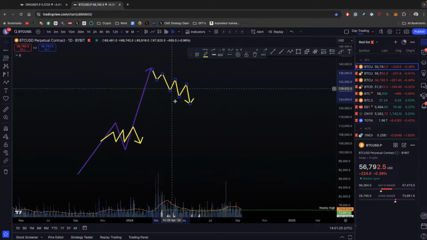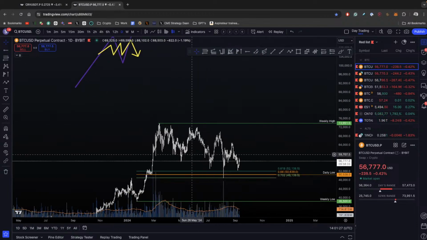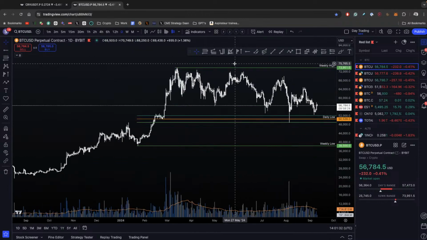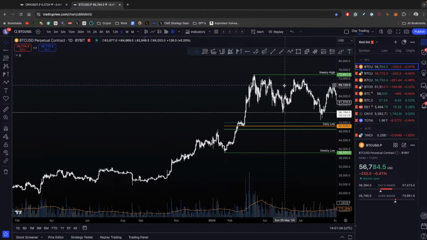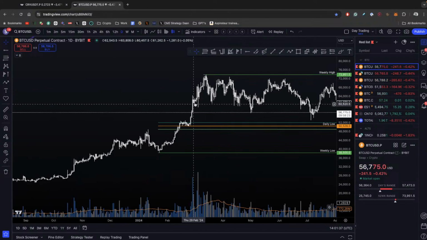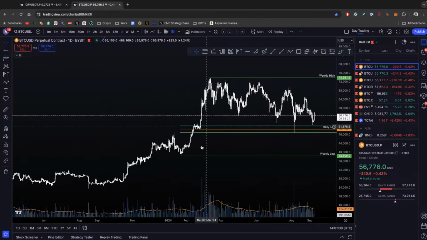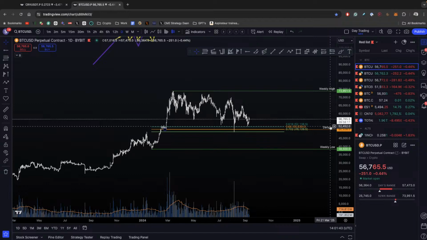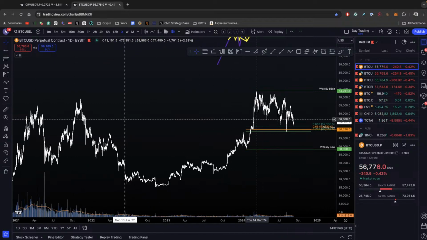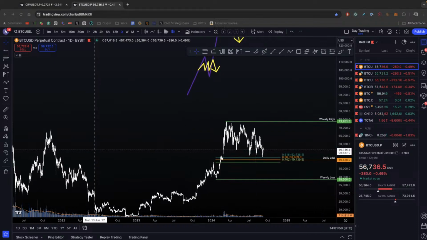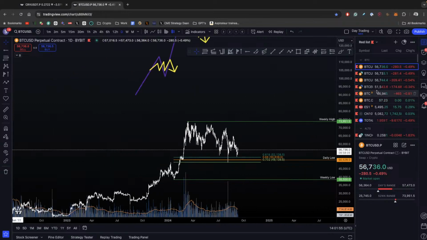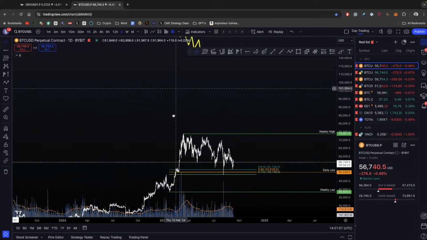So we simply have this internal market structure, and I think a lot of people are making the mistake of saying, oh yeah, we broke market structure to the downside, because we didn't. We broke some local structure, somewhere here if you take it very locally, obviously, but the high time frame is still intact. And with elections coming up, I do think higher is still likely. So my macro view is still up. It's the short of it.